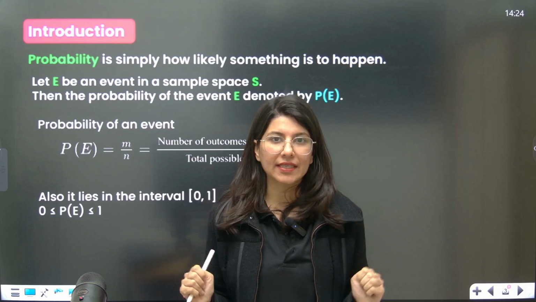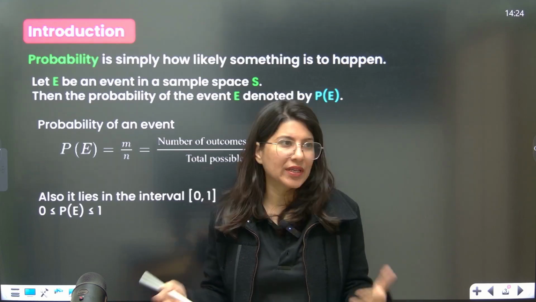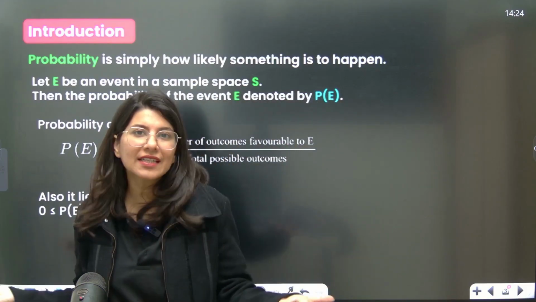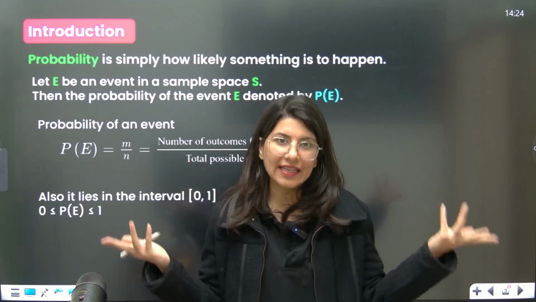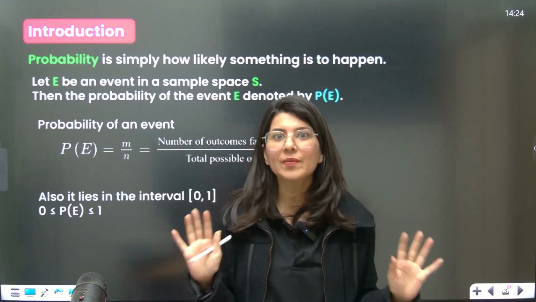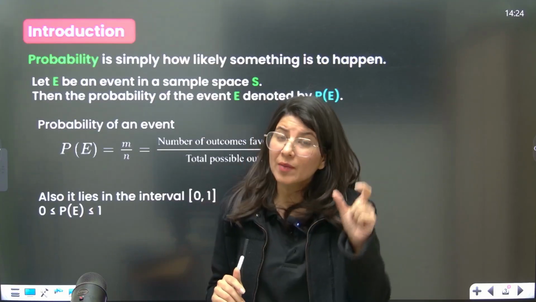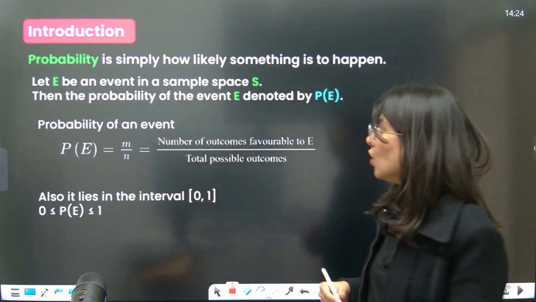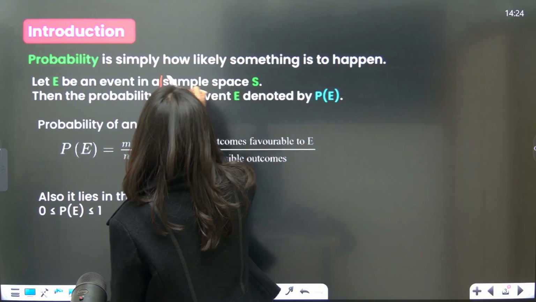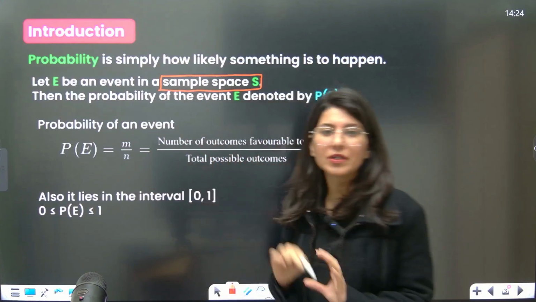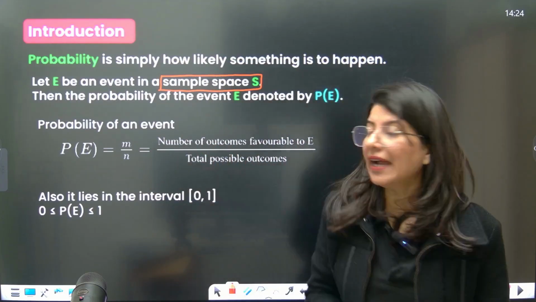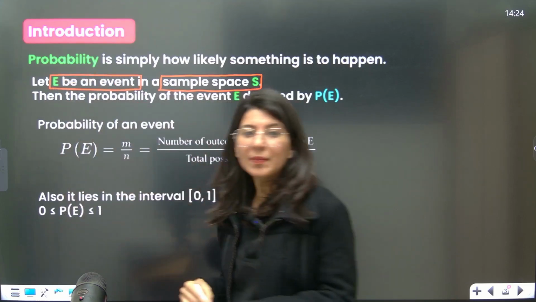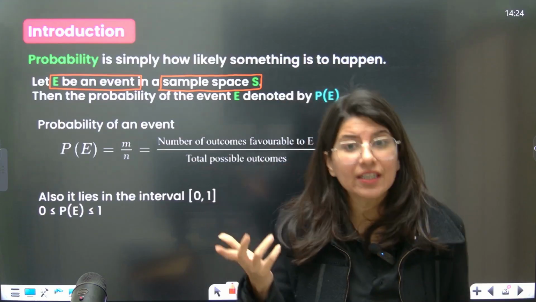For example, throwing a dice. Obviously outcomes are known to you, ma'am, because it can either get you 1 or 2 or 3 or 4 or 5 or 6. Okay, you can't get elephant if you roll a dice. So random experiment, although the name is random, but it is actually very predictable what all outcomes can come. So now sample space is that term which will consist of all possible outcomes. Okay, and there will be an event E or A or B, whatever.